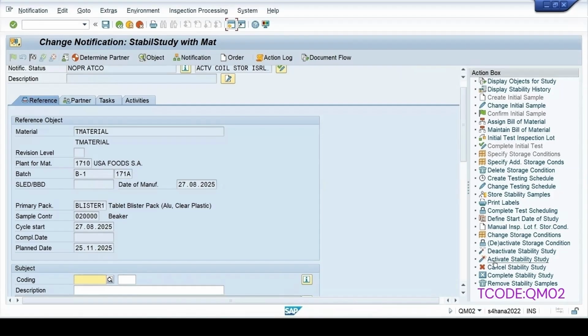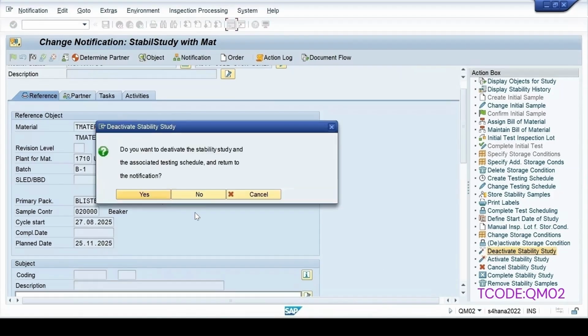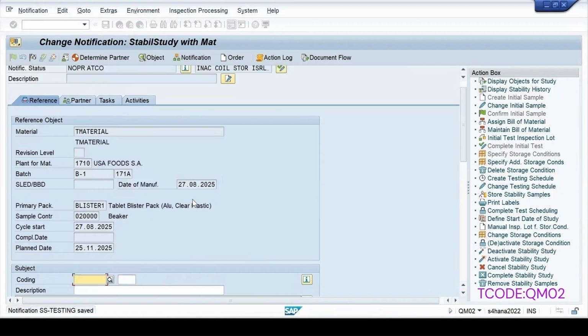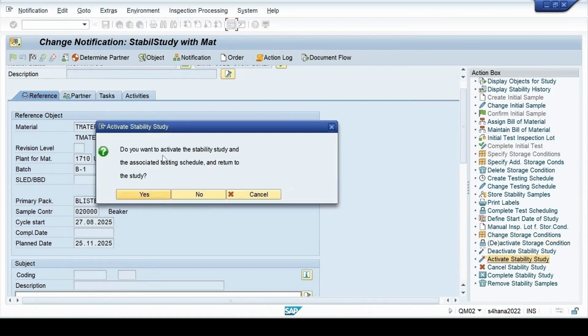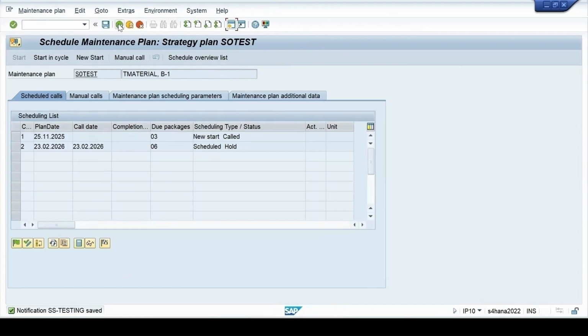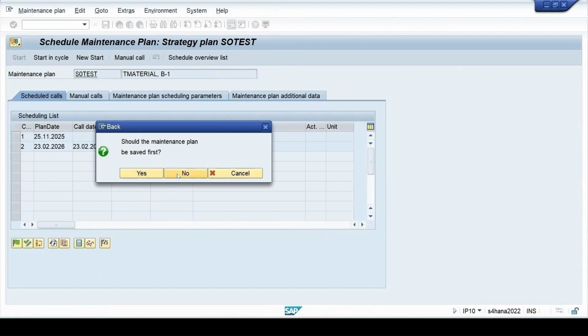If you want to deactivate the stability study due to some reason for a certain period of time, then you can click on deactivate stability study. That will be deactivated. Storage condition you can deactivate it. Once it is deactivated, again after a certain interval of time, if you want to activate it, then you will click on activate stability study. I want to activate it. Just now I have deactivated it. So if I continue with this, then here the maintenance plan it is coming, and